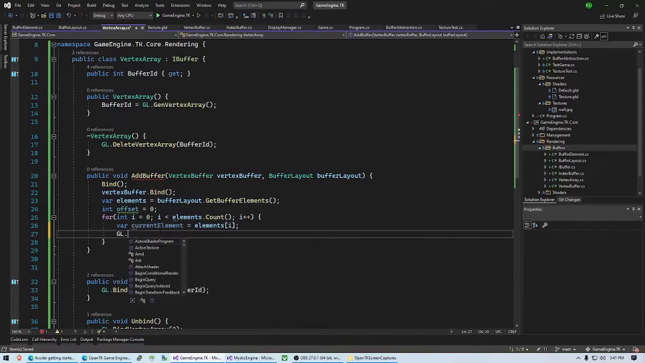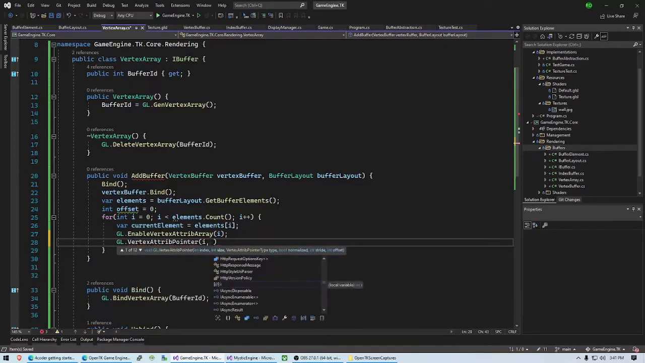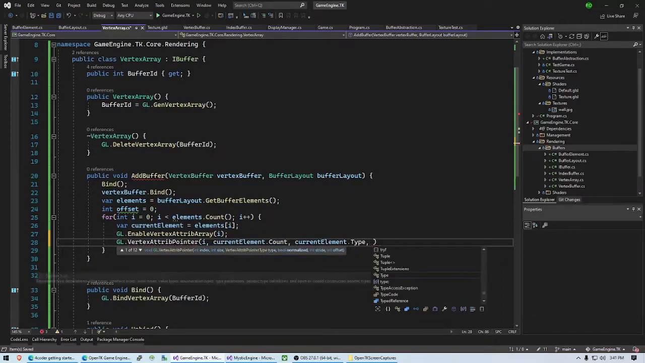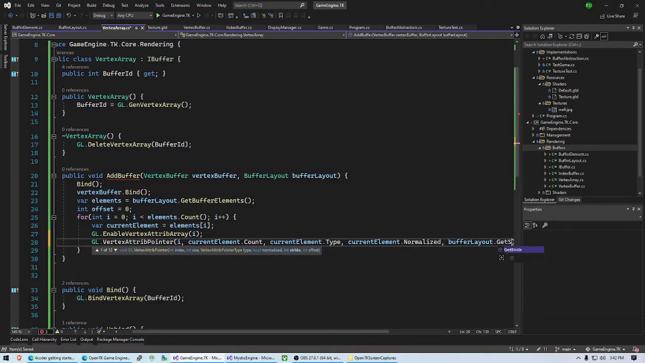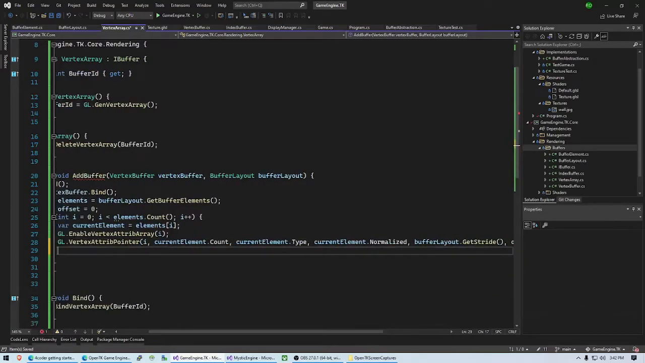So we'll do GL.EnableVertexAttribArray and i. And then we'll do GL.VertexAttribPointer i, and then it's the currentElement.Count, currentElement.Type, currentElement.Normalized, and then we'll do bufferLayout.GetStride, and then the offset, and then we'll increase the offset